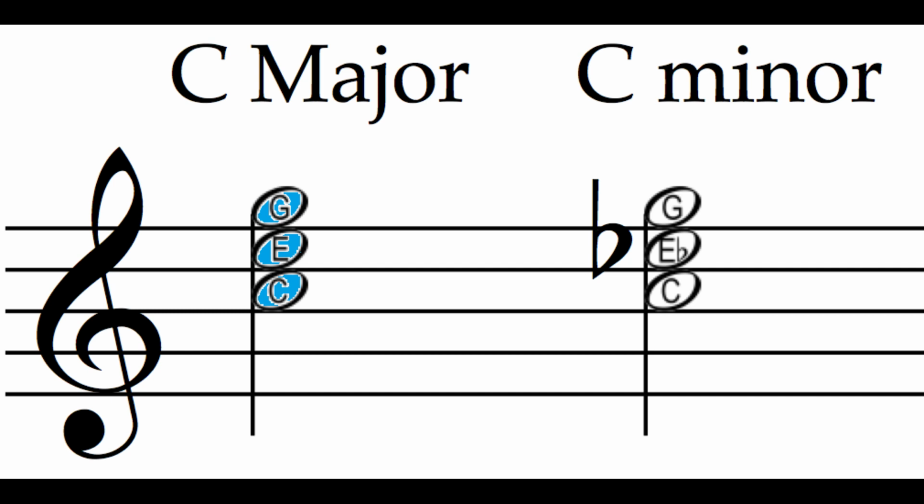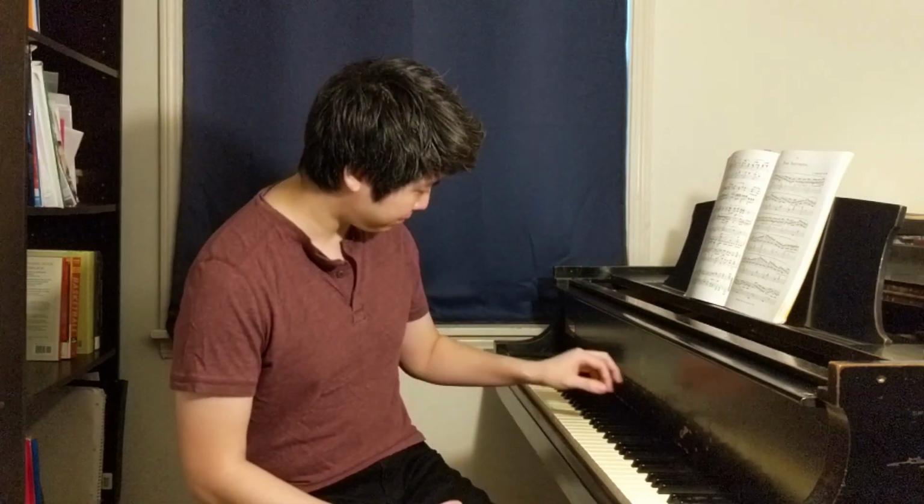However, one permutation of key relations almost never exists in the entire history of classical music: starting in major but ending in minor. But this is exactly what happens in Schubert's second Impromptu in E flat. It starts in E flat major, but it ends tragically in E flat minor.